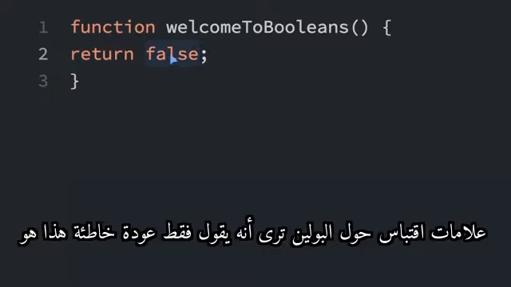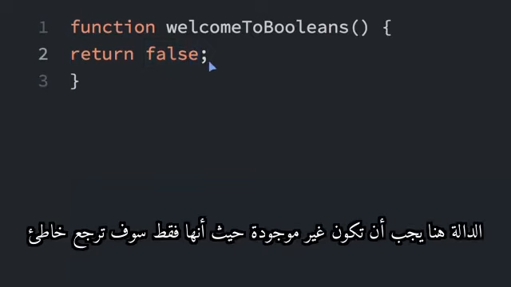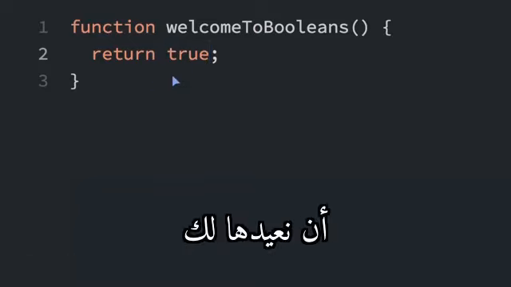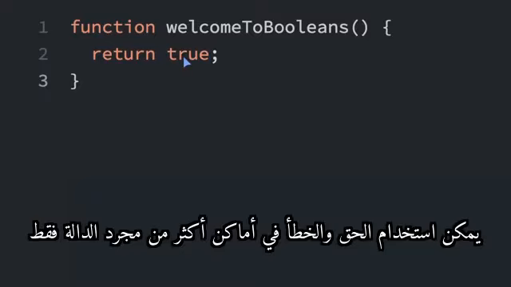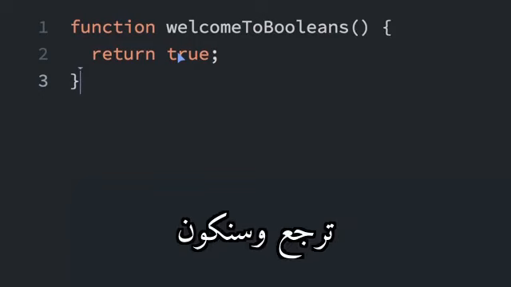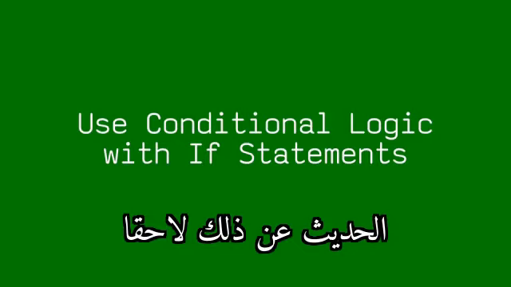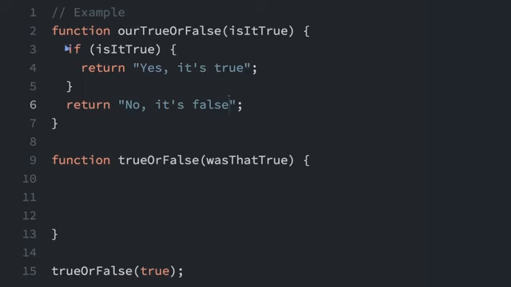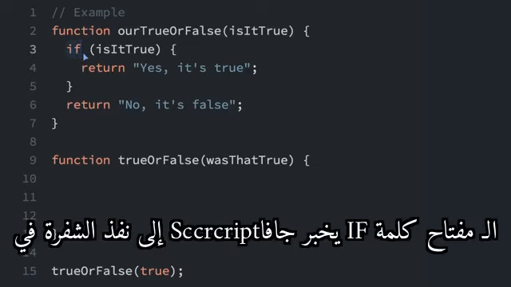An if statement is used to make decisions in code. The keyword if tells JavaScript to execute the code in the curly braces under certain conditions defined in the parentheses. So here is a full if statement right here, and there's always parentheses after the keyword if, and here's the condition. So if the stuff inside these parentheses evaluates to true, then the code within these curly braces will be